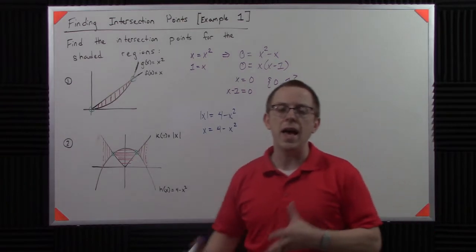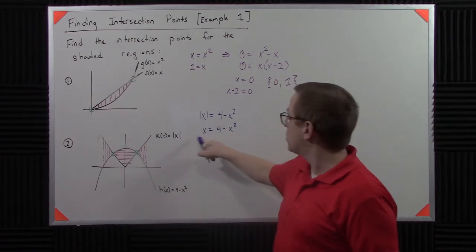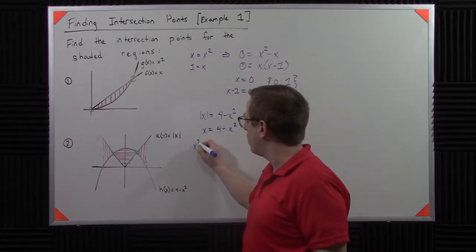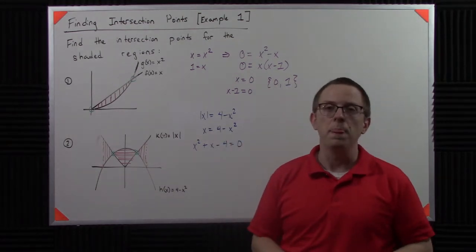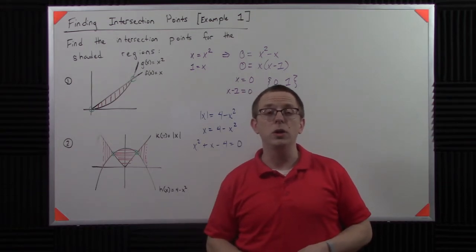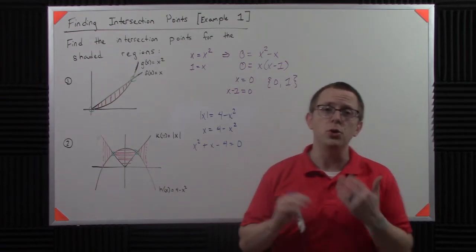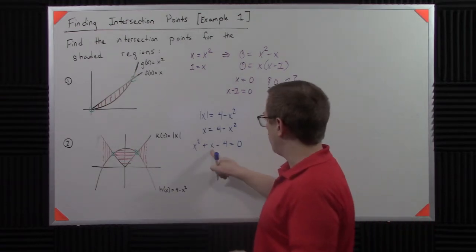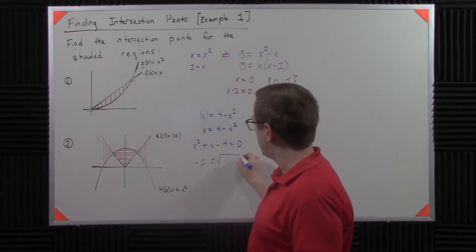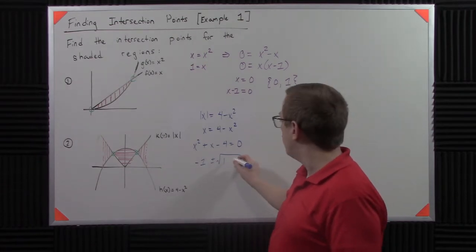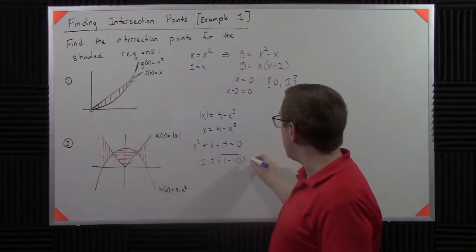Now if we add x squared minus 4 to both sides, the x squared cancels this one, so we kind of move that over. We get x squared plus x minus 4 equals 0. Okay, so you might think to yourself, I'm going to factor this. Well, good luck. It doesn't quite work out that way, so what we're going to have to do instead is use the quadratic formula. If you remember, that's negative b, so that's negative 1, plus or minus the square root of b squared, so that's 1, minus 4 times a, which is 1, times c, which is negative 4,